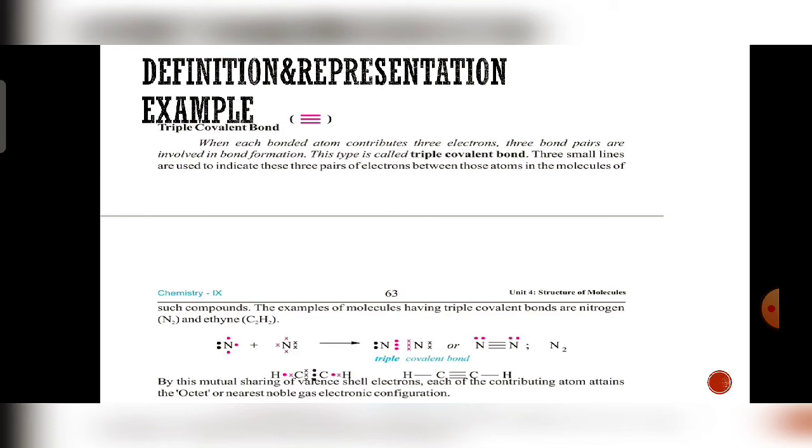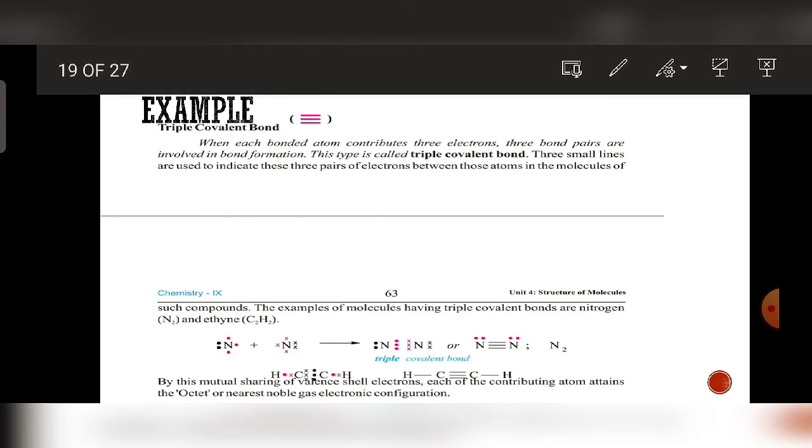First heading is the definition. When each bonded atom contributes, bonded atoms mean those which are taking part in the chemical reaction and bond formation, 3 electrons, 3 bond pairs are formed. And then representation. This type is the triple covalent bond. The 3 small lines are used to indicate these 3 pairs of electrons between those atoms in the molecule of such a compound. Then the third heading is example, and here is the example of nitrogen and ethyne molecule,